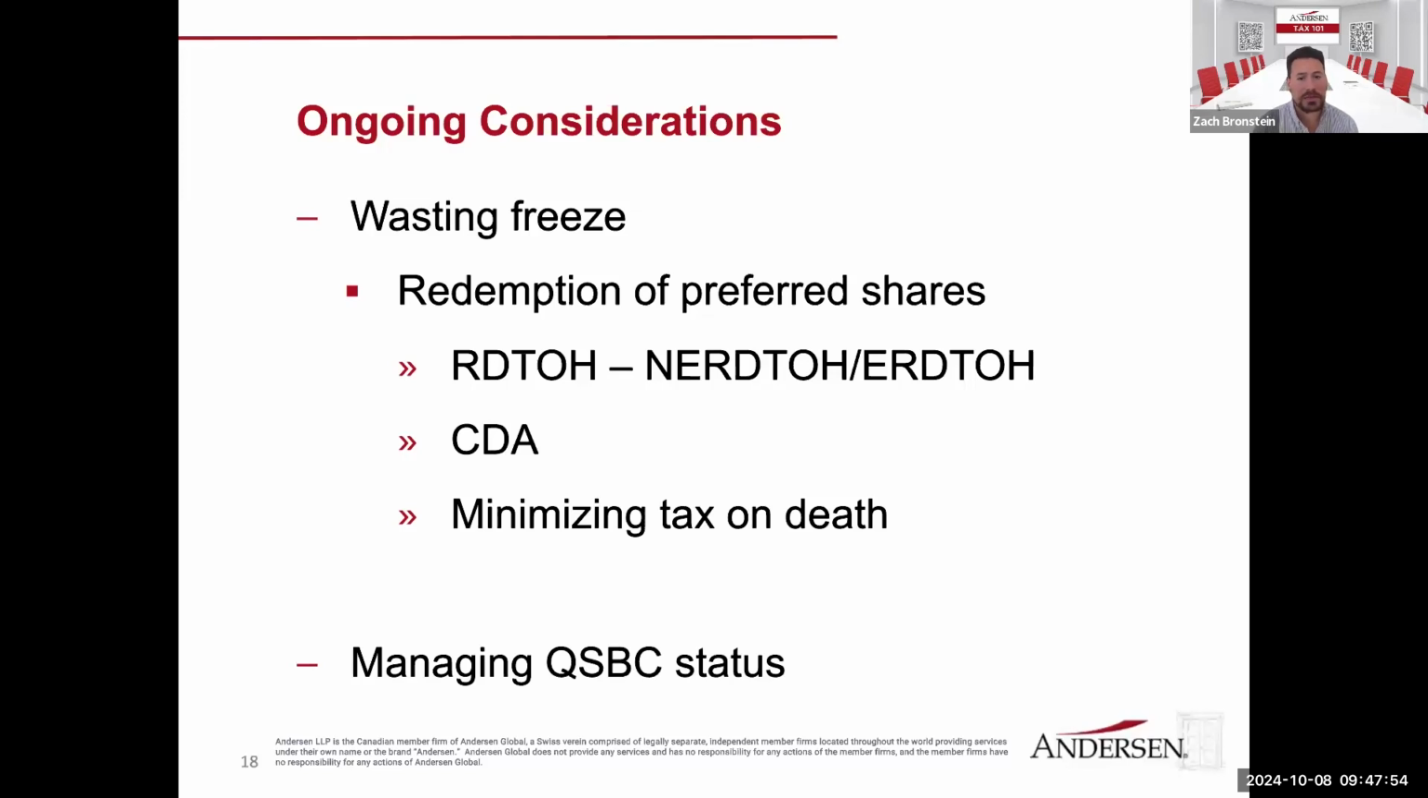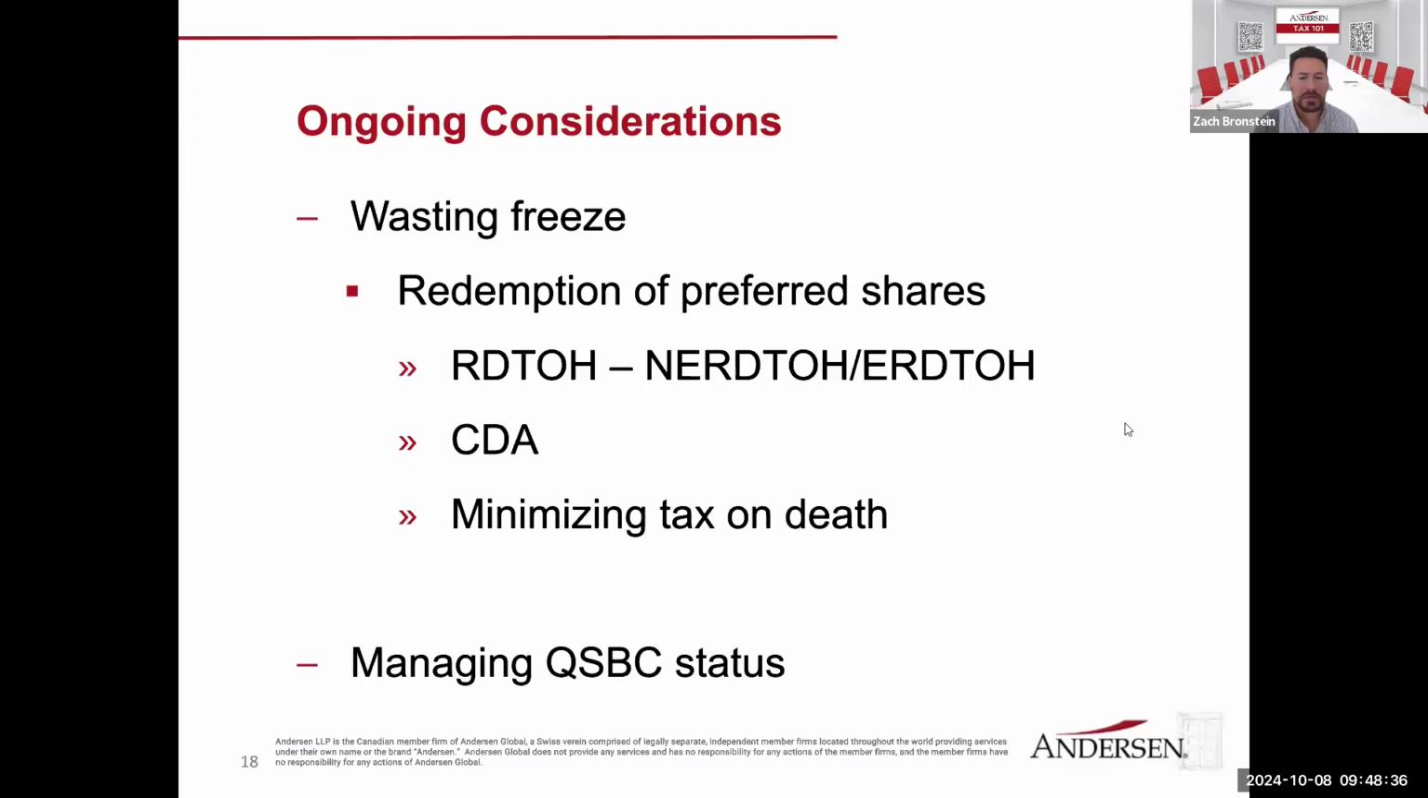A similar comment is applicable here as it was earlier in the presentation, that you always want to give consideration to favorable tax attributes that exist in the company and the structure. And so RDTOH and CDA are just two of those types of tax attributes that can be favorable and should be considered in an estate freeze as well as under the wasting freeze scenario to achieve an optimized tax outcome. And finally,